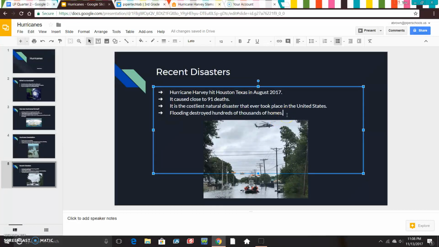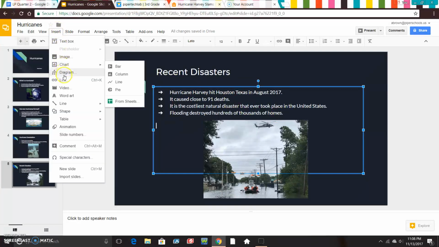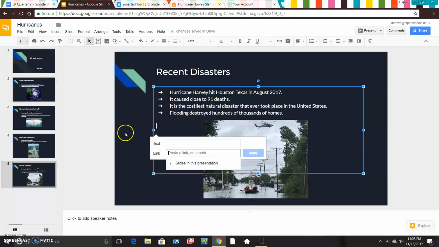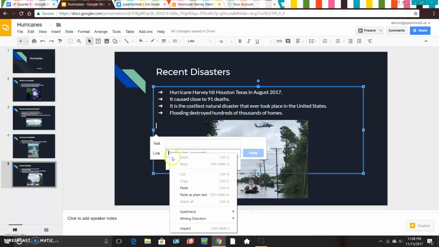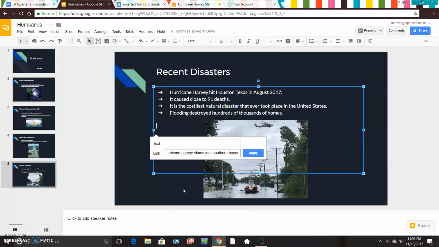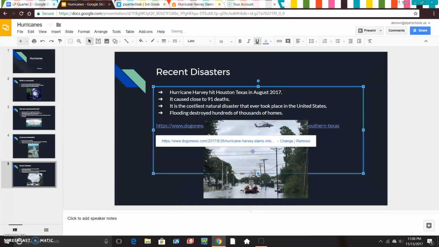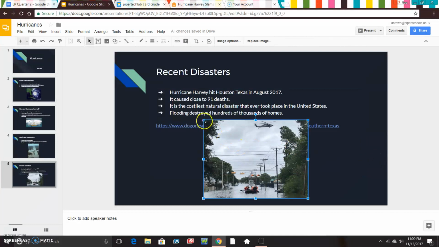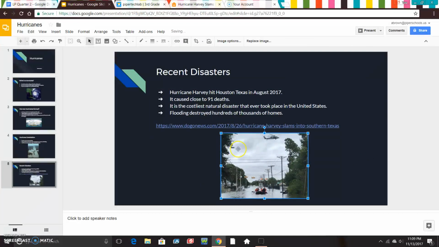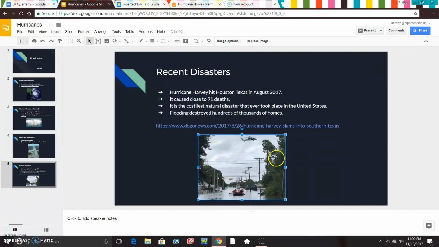At the end of the text, sorry, and then I'm going to click enter 2 times. Then I'm going to go to insert, and I'm going to come down here where it says link. And then I'm going to right click and paste that website into there, and then I'm going to hit apply. So now it has put the website that I got a lot of information about Hurricane Harvey in my presentation, so that if people want to learn more about it, then they can click on the link,